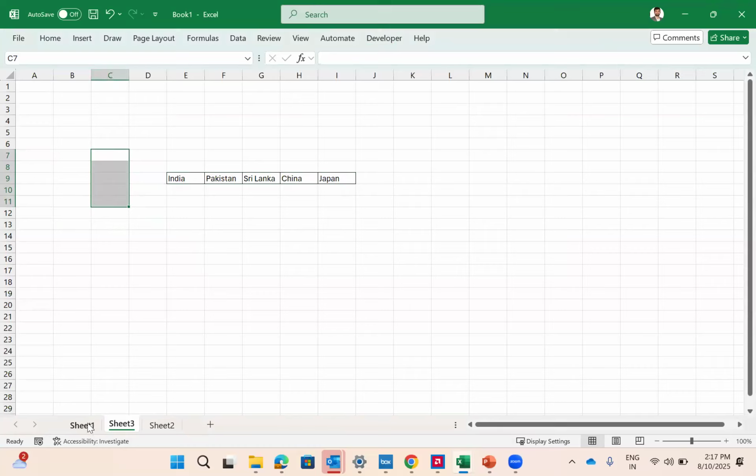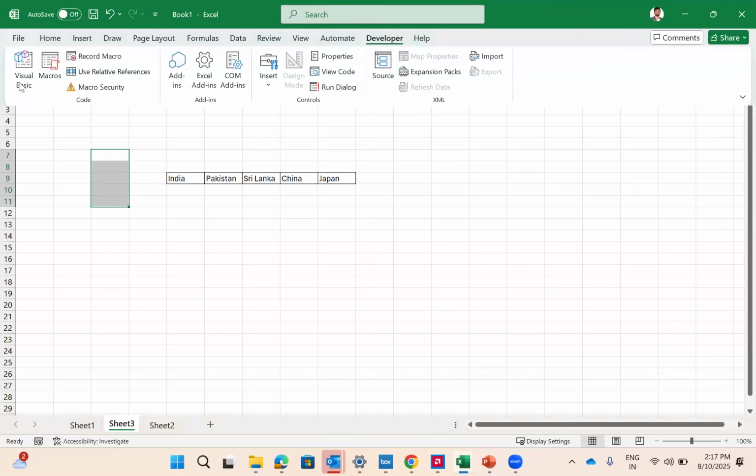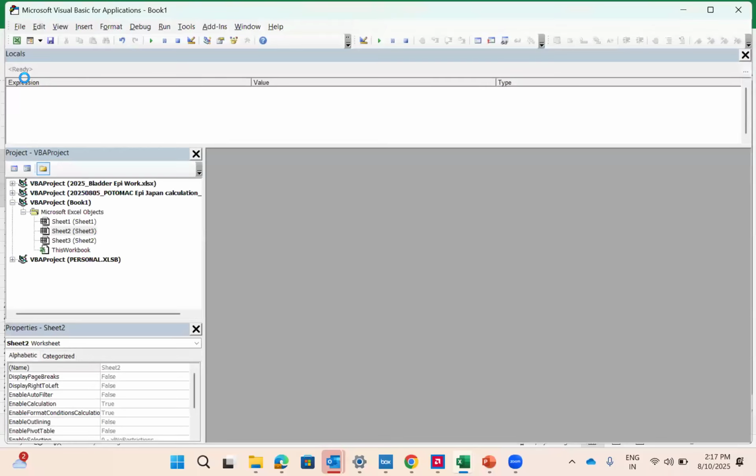So I did the stop recording, but where is the code now? For that, you have to go to the developer section and click on Visual Basic. Visual Basic is the section where you can see all the codes and write all the codes. One option is you go to the developer section and click on Visual Basic, or you can also click Alt F11 to directly jump to the Visual Basic. So once you click here,